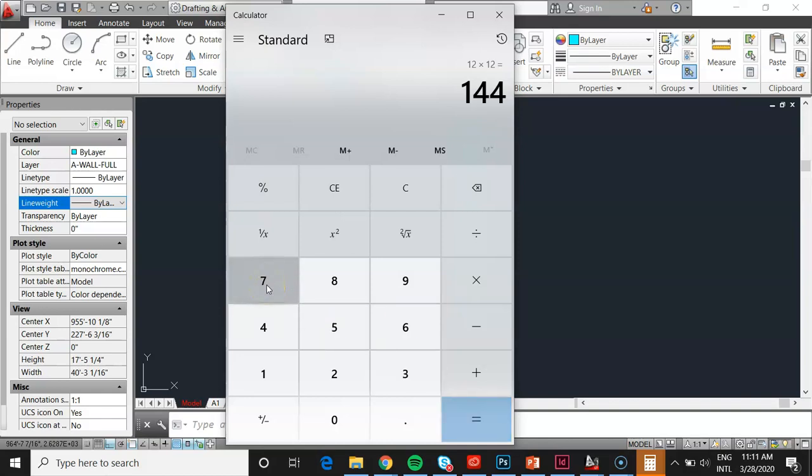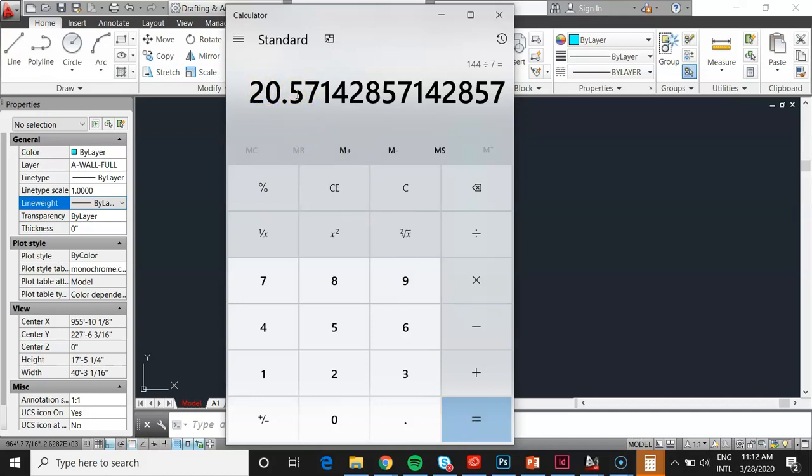So if I take that 144 and I divide it by 7, I get an incorrect result, so let me clear it out. 144 inches divided by 7 inches gives us 20 and a half